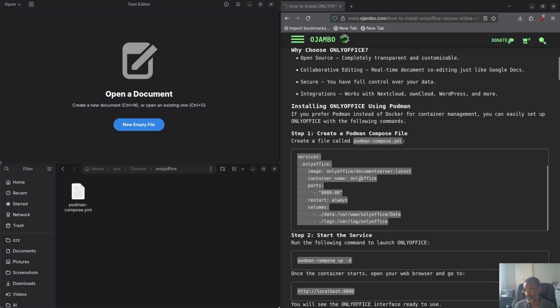There's already an image for you. It's ONLYOFFICE/documentserver, and then latest. So that's it. And then you just set up the way you want. And then it maps volumes for your data and logs. Logs are not necessary, but it's a good idea to have logs in case something goes wrong. You can check it out. So the logs help me understand why I was not able to